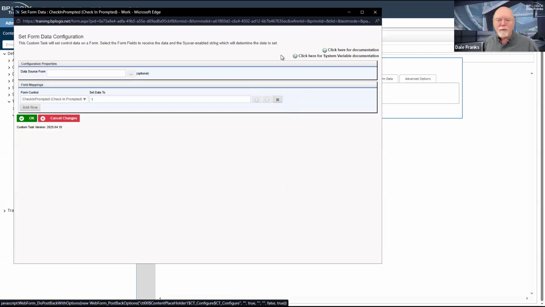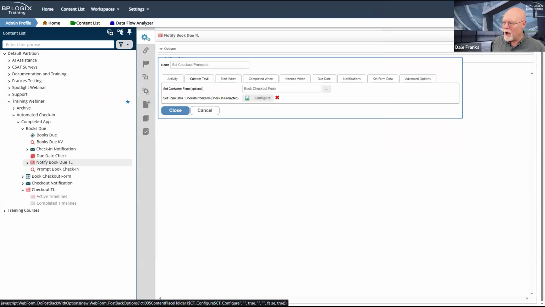And we're going to call set form data to do one thing. We're going to set check-in prompted to 1. This now lets the system know that this book has now had the check-in prompt process started, and so we never have to restart it again. That's why we're setting that to 1. That'll become important momentarily whenever we start looking at the knowledge views.